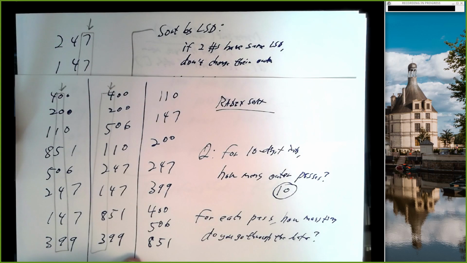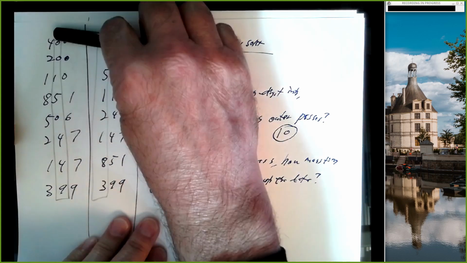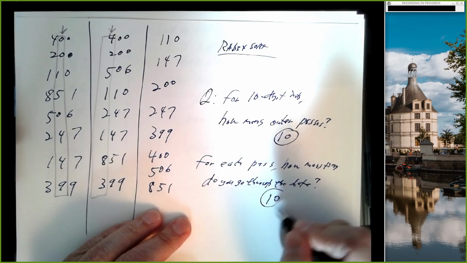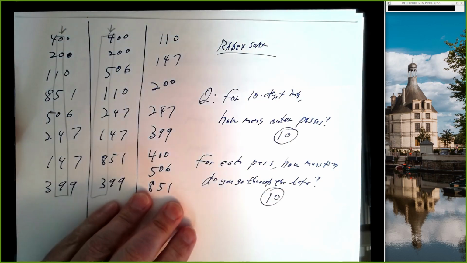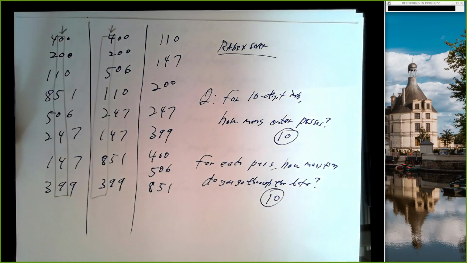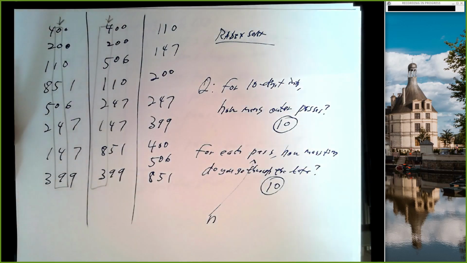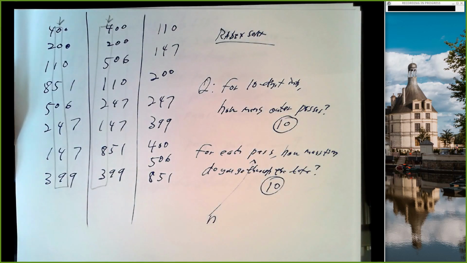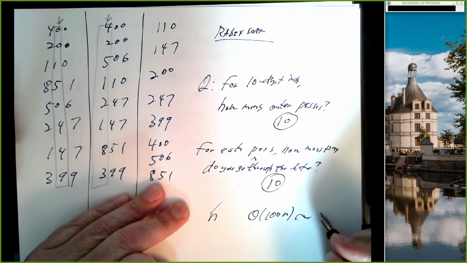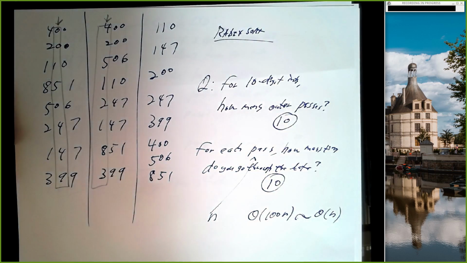It's 10 times, right? Because we go through once to pull out the things that start with a 0, go through again to pull out the things that start with a 1, go through again to pull out the 2's, and so on. So we have 10 outer passes, one for each digit, and on each of those passes we have to go through our list of numbers 10 times, and each pass requires n operations. So for 10-digit numbers, this looks like order 100n, which is the same as order n. So this looks like an order n sort algorithm,